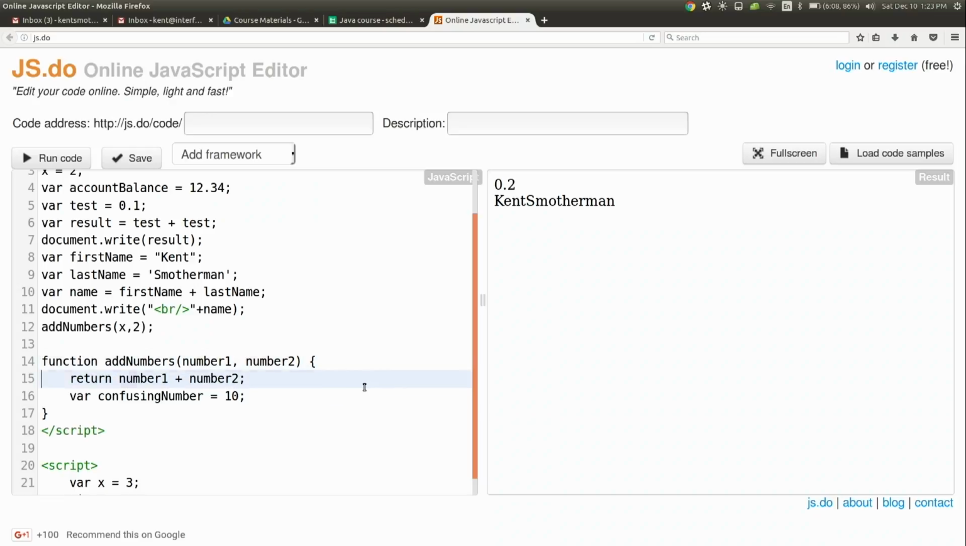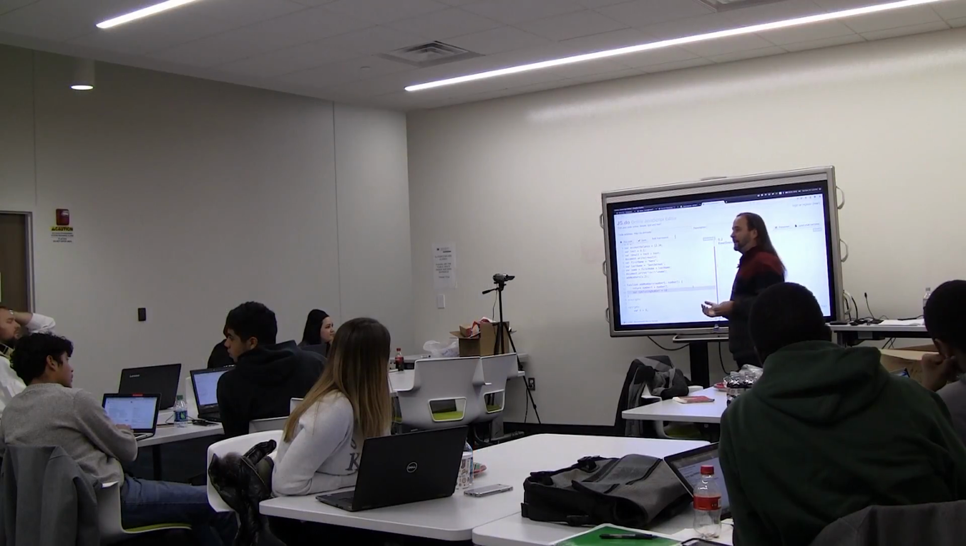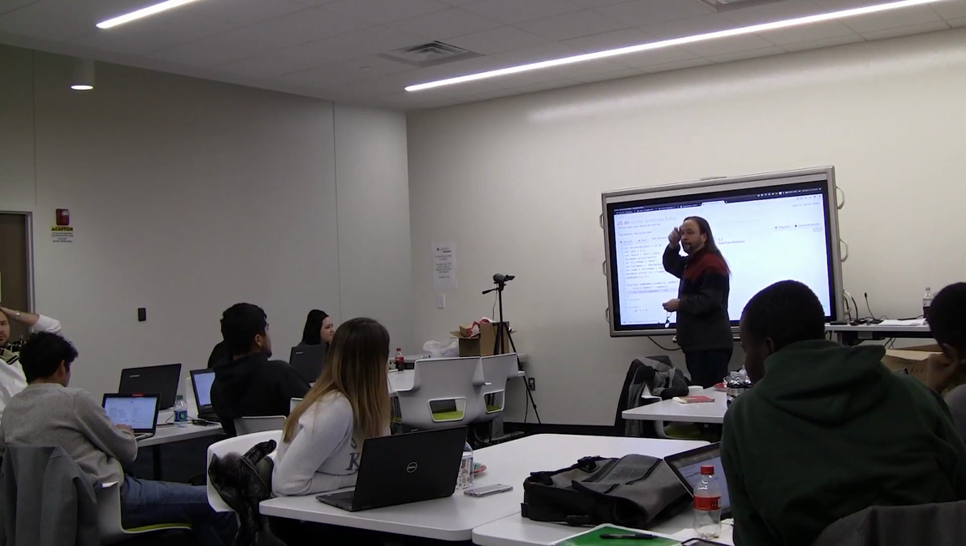Line 16 will never happen, ever. No way to make it happen, because once I return an answer from a function, that function is done. He's done his job. Wait, so you can't return two things, so it immediately breaks that? Well,